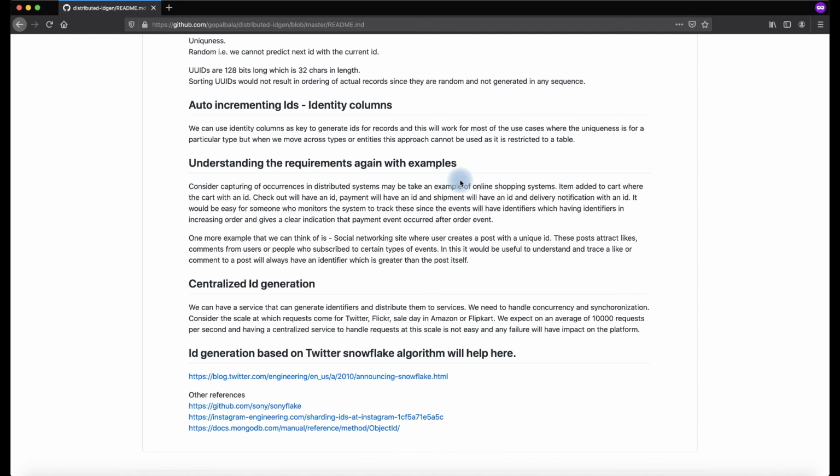What is the possibility of a millisecond? When we talk about milliseconds, oh good, we can generate around 1,000 records per second. Beyond that, we will not be able to generate. But our requirement is 10,000 records per second. How can we do that? That is the problem statement that we have.